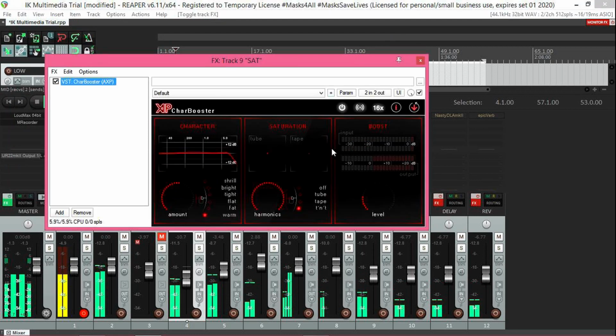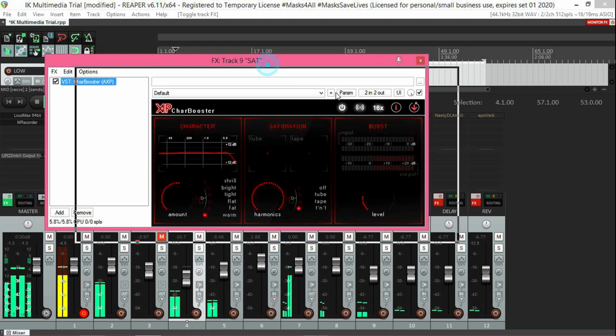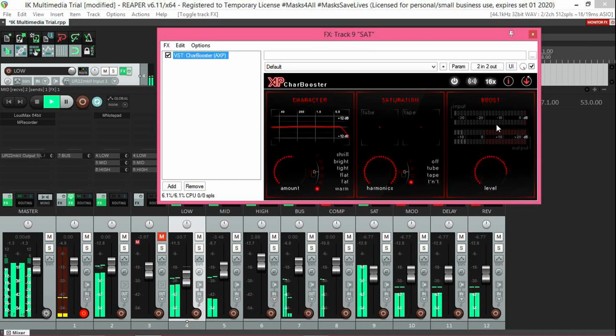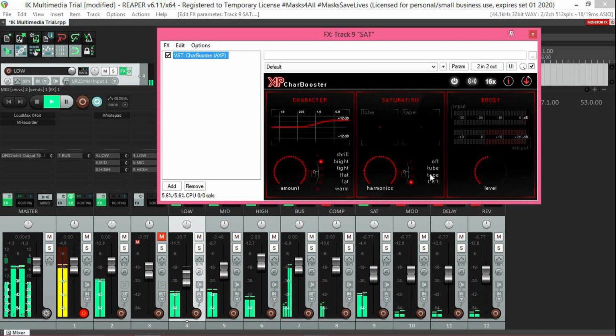Here we have a saturation plugin from AXP Softamp. I really enjoy this. It's free, has 16 times oversampling, mono or stereo enabling. Okay. And we have some different behaviors. Let's try the bright one. We're in the tapes and tube. It has only tube, only tape, and tapes and tube. Let's go for